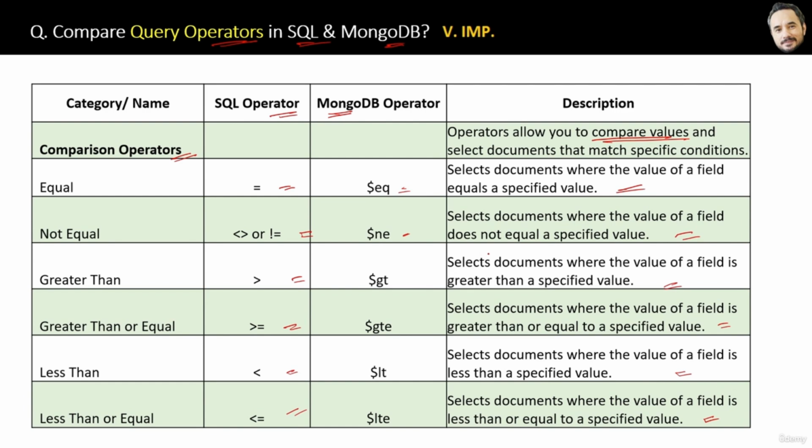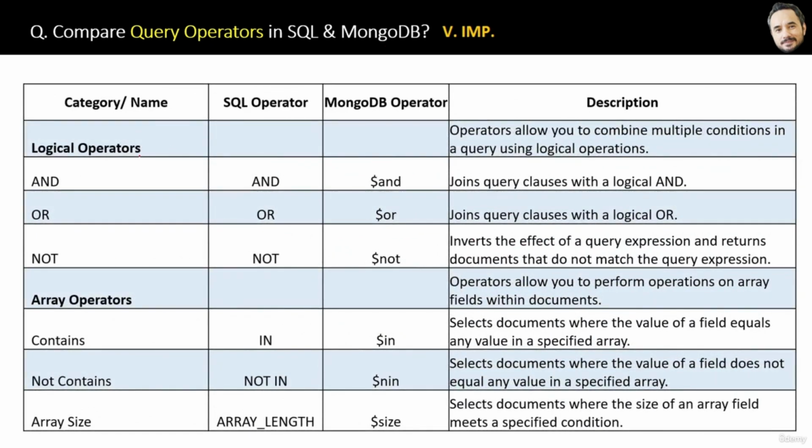Then the next category of operators are the logical operators, which basically combine multiple conditions to decide something. For example, these AND, OR, NOT are logical operators only. And here are the symbols for SQL and in MongoDB. Okay. Then we have the next category, the array operators, which help you in doing operations with arrays, right? Okay. So this IN, NOT IN, LENGTH, all these are array operators in SQL, and here are the corresponding symbols